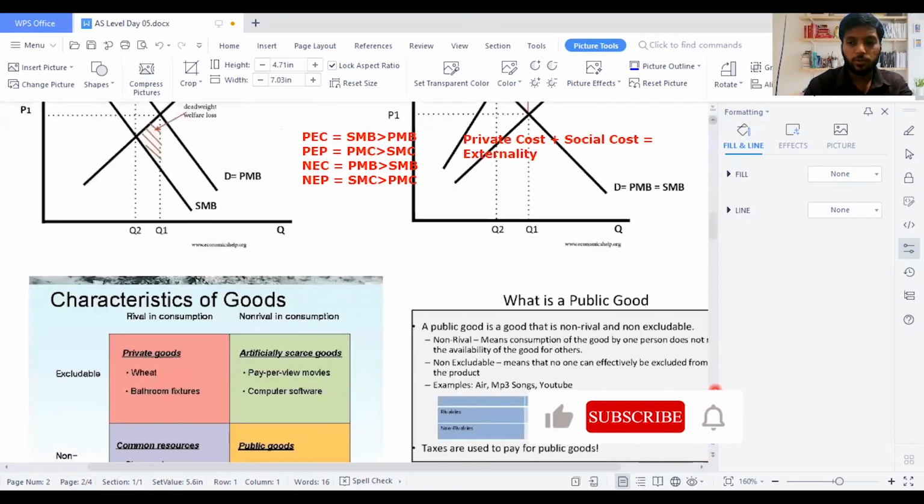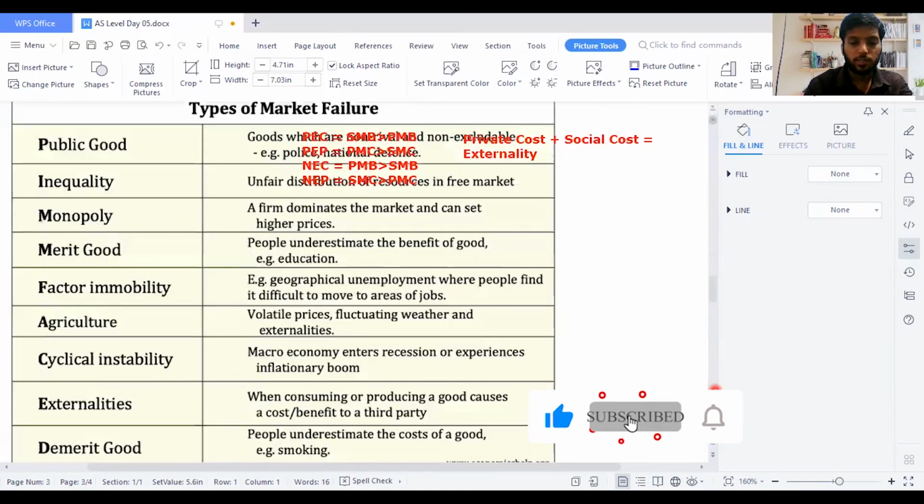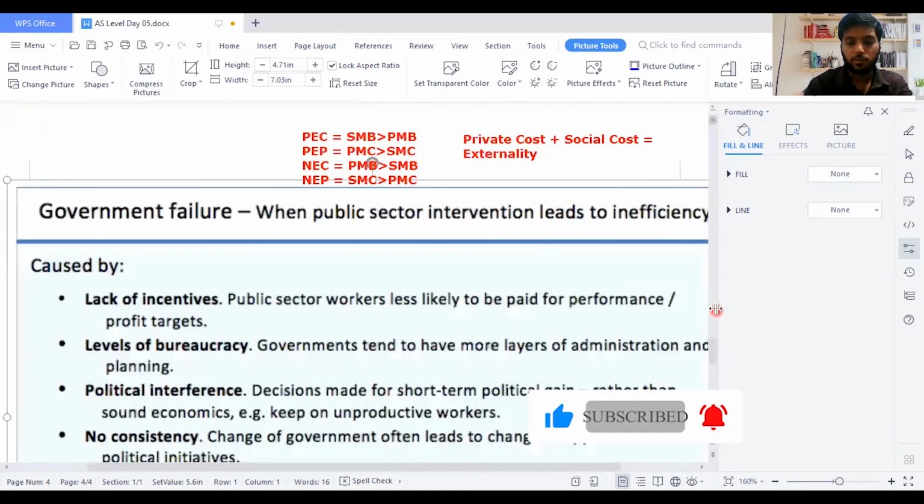Then we have types of goods to classify today, how these goods actually work and how they can affect the environment. That's what we're going to